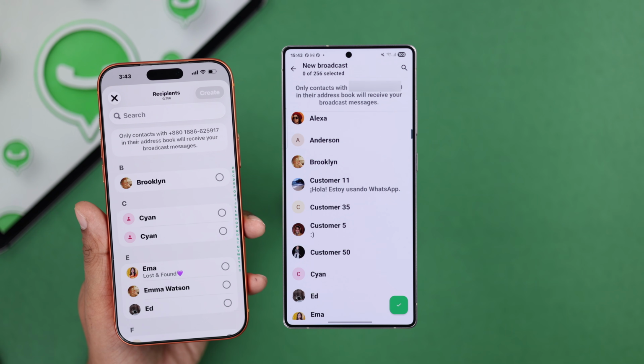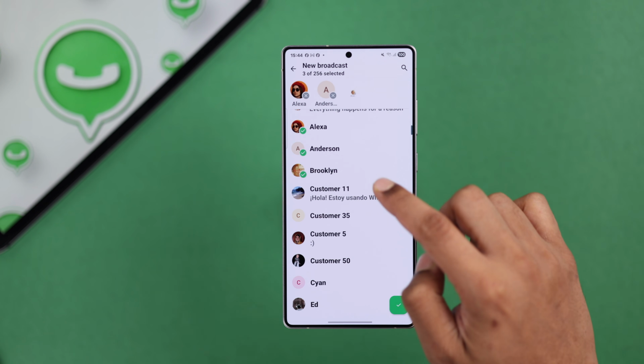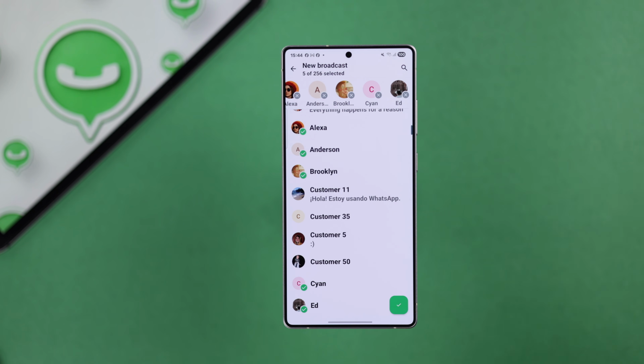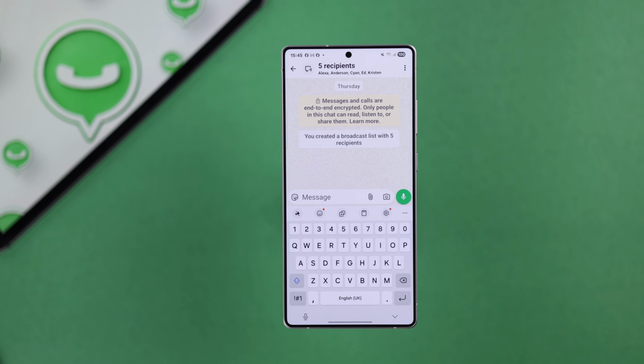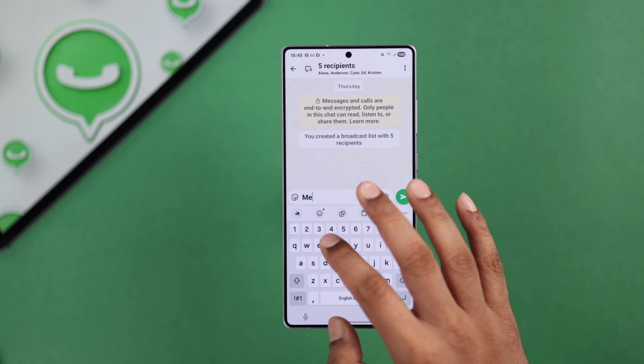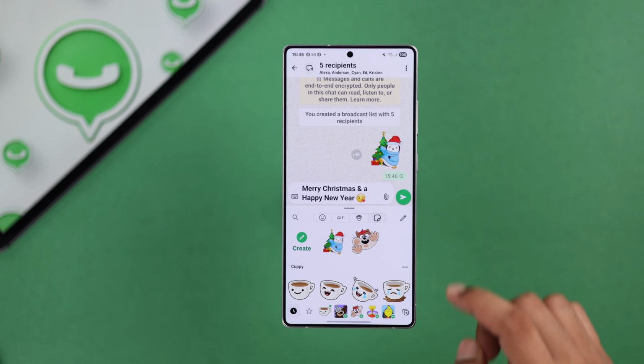Now in the recipients or contact list, choose the people that you want to send the message to all at once. Then press the tick mark and it will create a recipients group. But don't worry, nobody else will be able to see the group or the members. So now you'll be able to wish everyone Merry Christmas with just one message, and it will be sent to